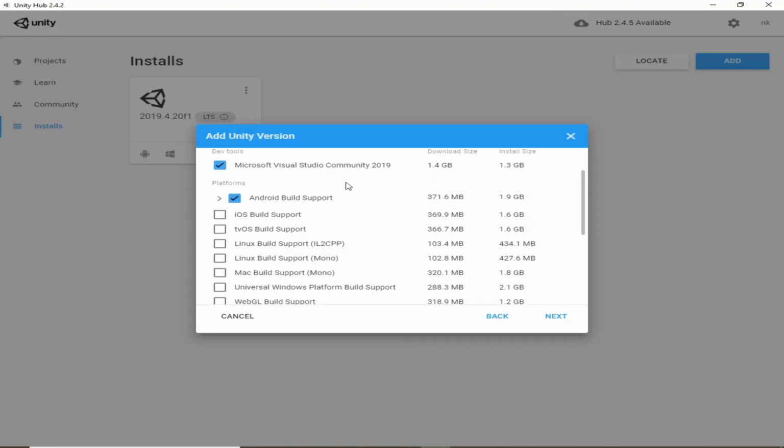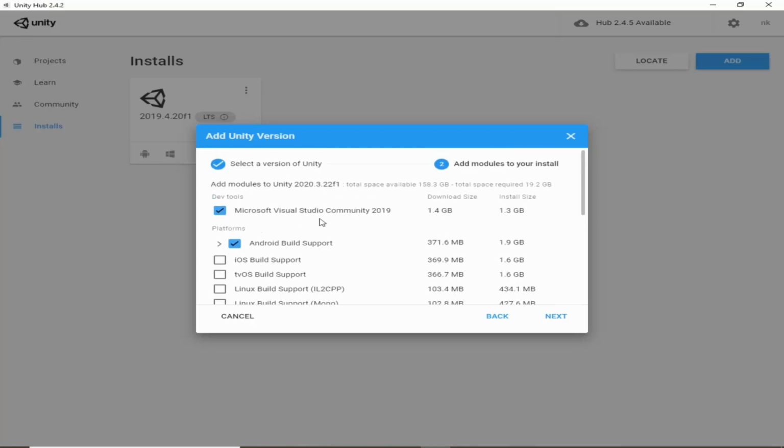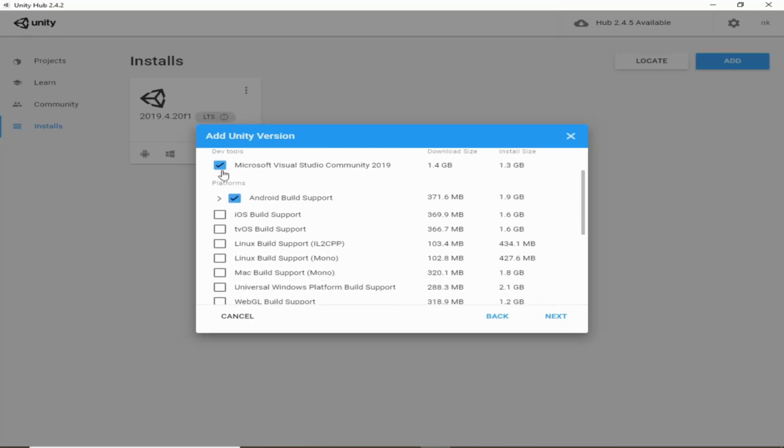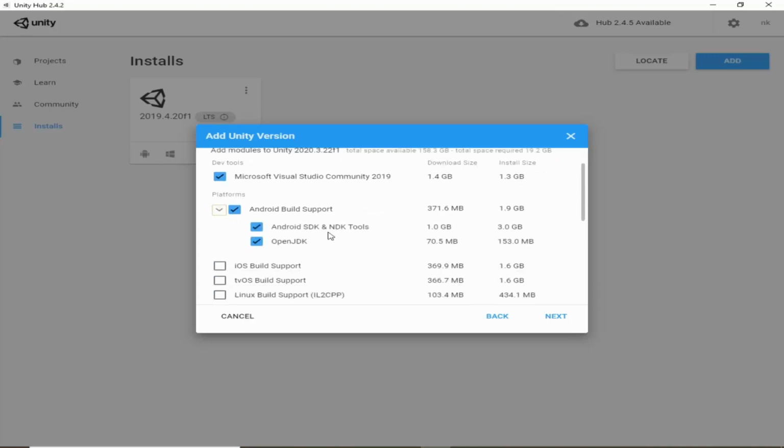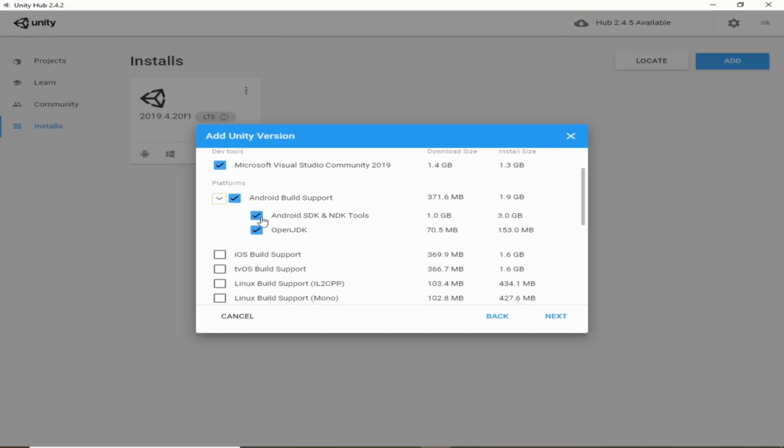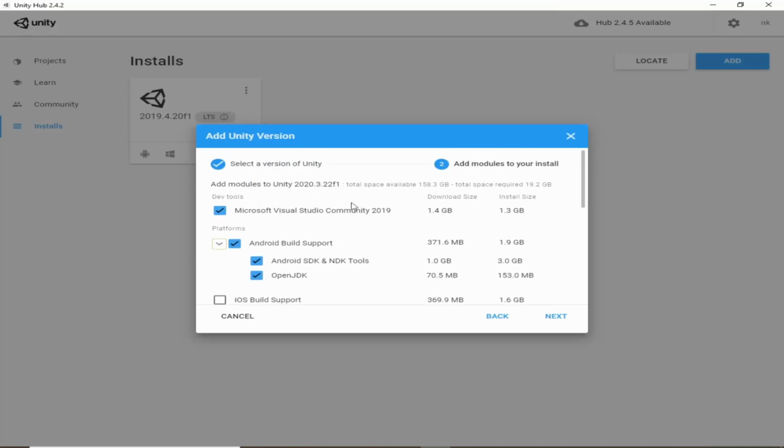So go ahead and download this. Click on this checkbox, and we will be making this game for Android, so we need to install Android build support. So expand this and make sure you have selected these checkboxes: Android SDK and NDK tools and OpenJDK. So your selection should look like this.